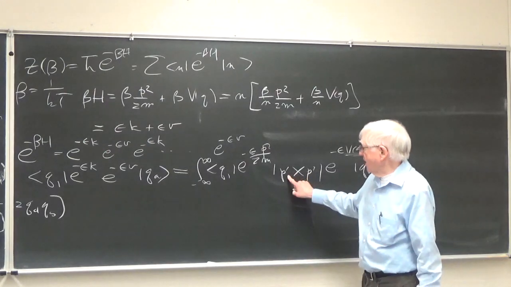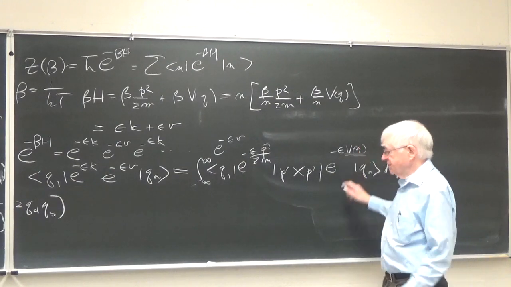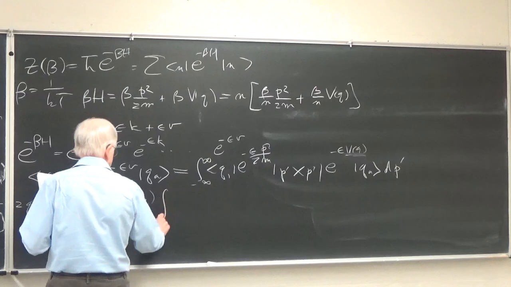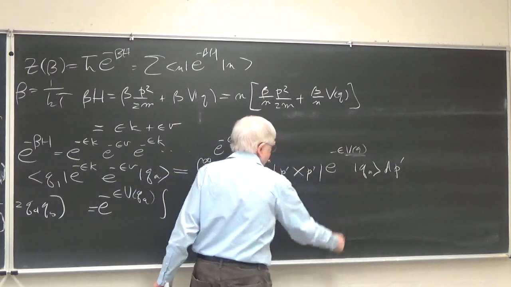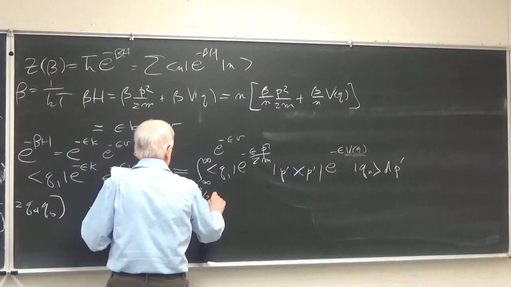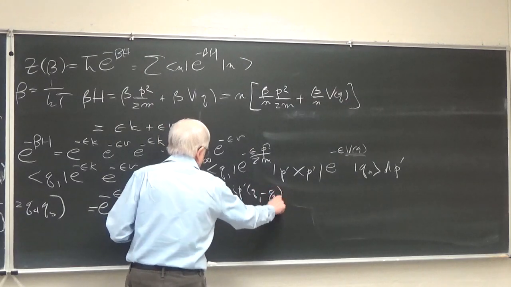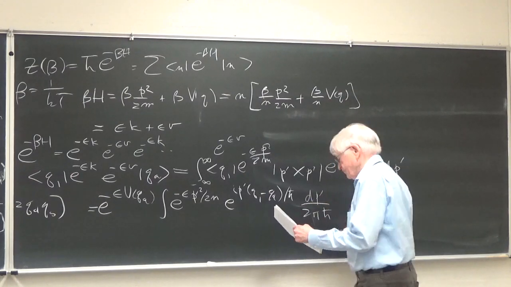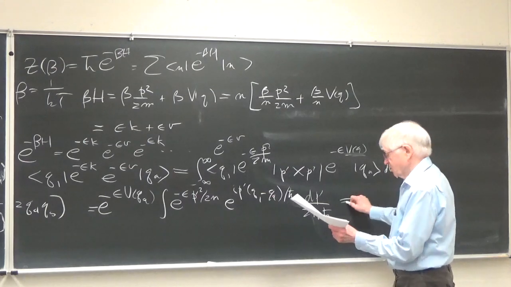And now p prime is an eigenvector of p squared, q is an eigenvector of V of q, and so this is e to the minus epsilon V of qa times an integral, and the <q, p prime> is a phase factor, as is <p prime, q>, and if you put them together properly, you get e to the minus epsilon p prime squared over 2m, e to the i p prime (q1 minus qa) over h bar, dp prime over 2 pi h bar, and this then, after a couple of steps, which I'll skip, is